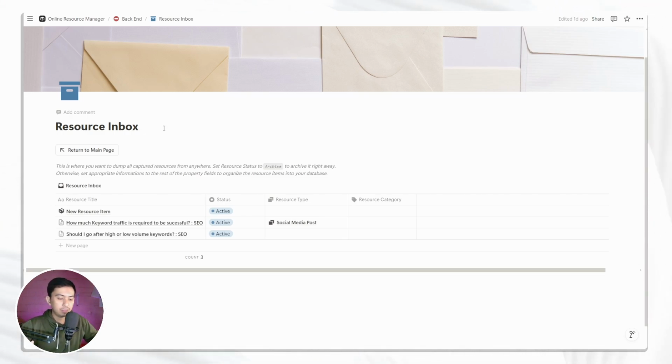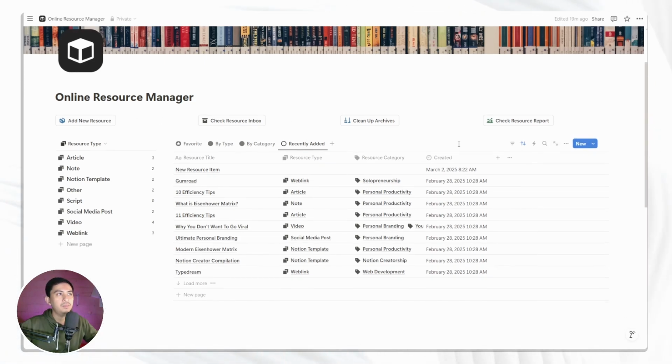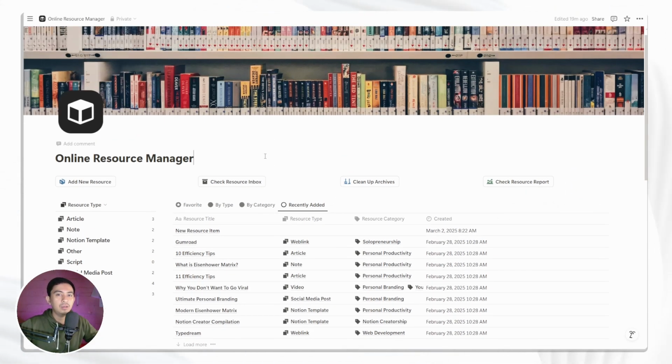And I also want to remind you, or maybe mention, that adding new resources is not only done manually by adding a form or clicking this blue button, but you can also use the Notion Web Clipper extension from your browser. So you don't have to add a new resource manually in this tool.